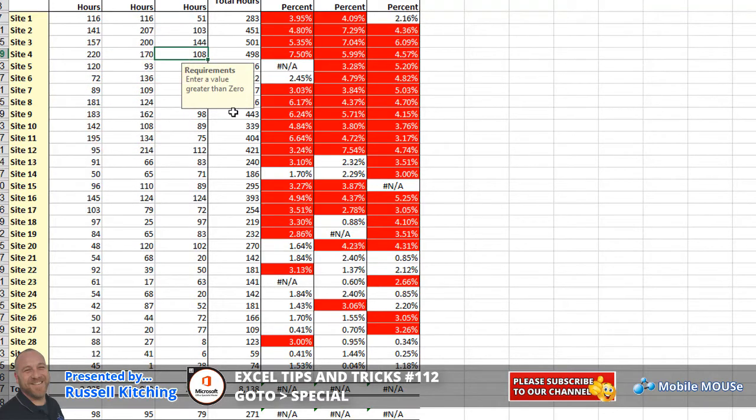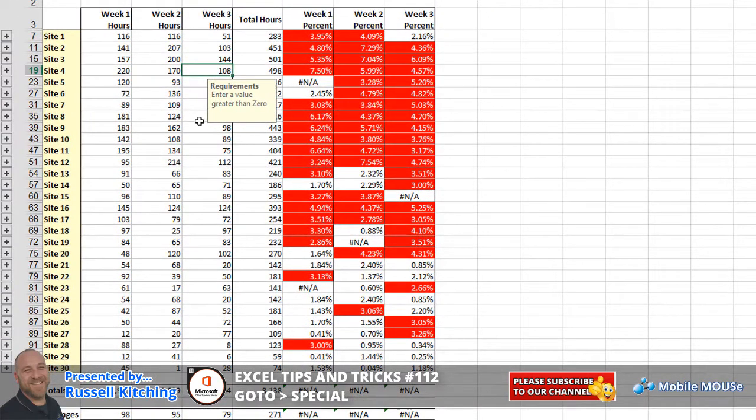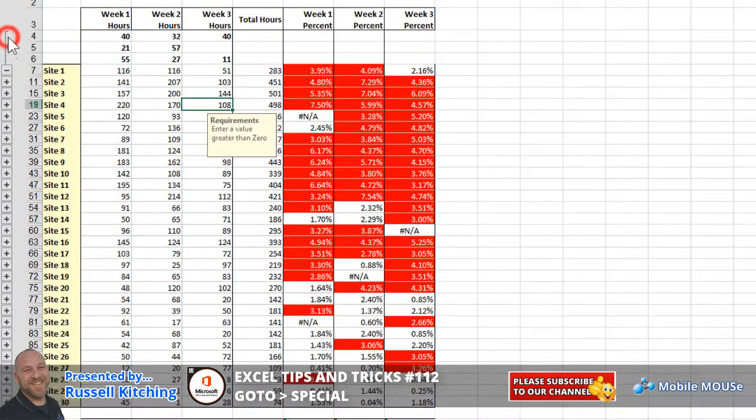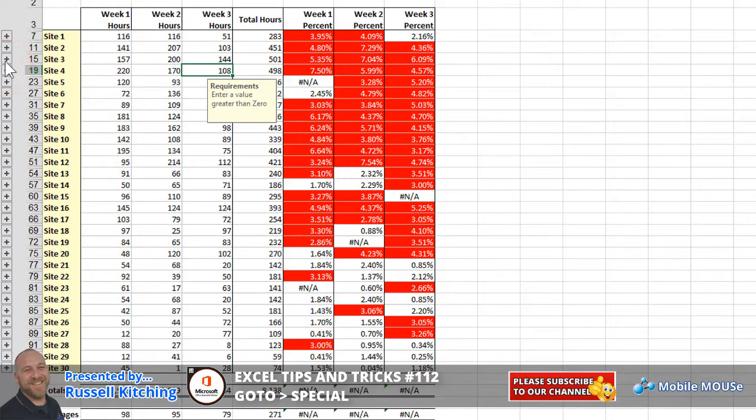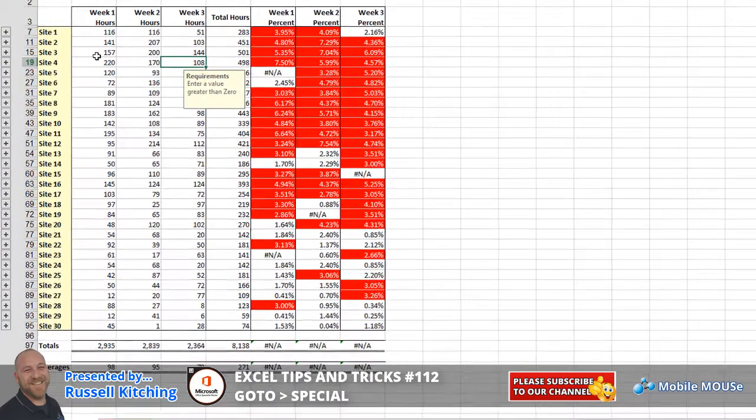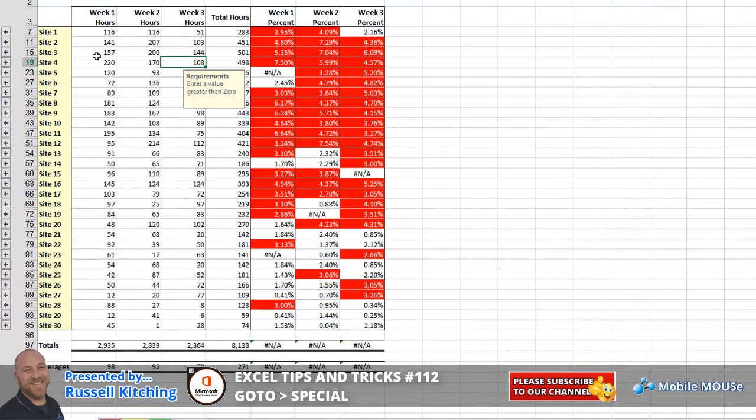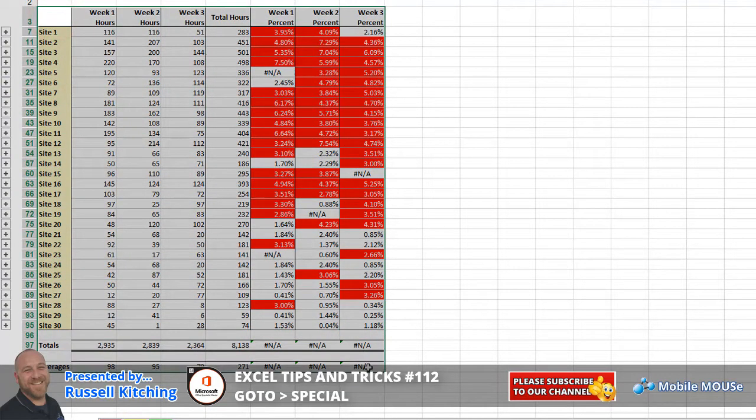Right, so with that in mind, let's have a look at what we've got here. This particular spreadsheet, you'll notice, has some grouped rows on the left hand side over here. Now, what we might want to do is we might want to take this particular resulting data set, whatever that might be, and we might be wanting to copy and paste that to another location. So bearing in mind the grouping, if we were to select this range, let's say A3 to H99, the problem